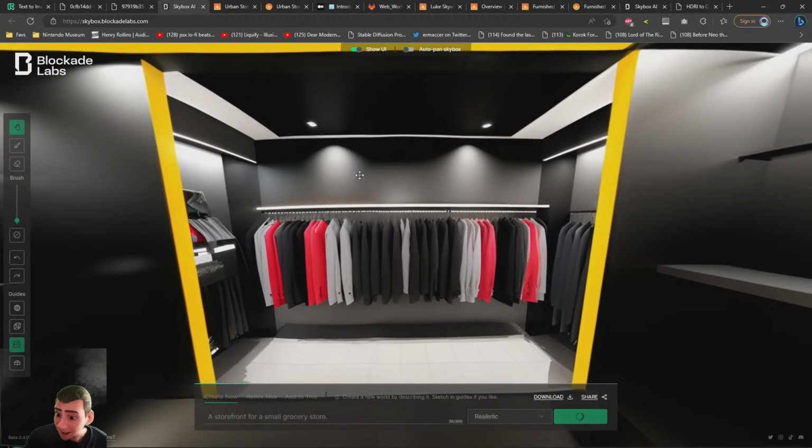Technically an HDRI image is a 360 image at multiple exposures. But you don't really need to know that, because the images that you get from Blockade Labs are actually just 360 images. You drop your 360 image into